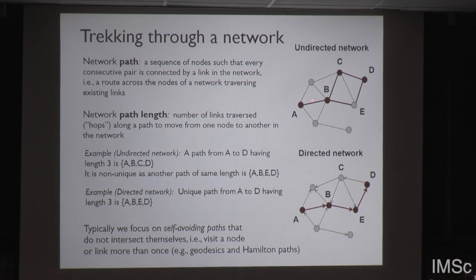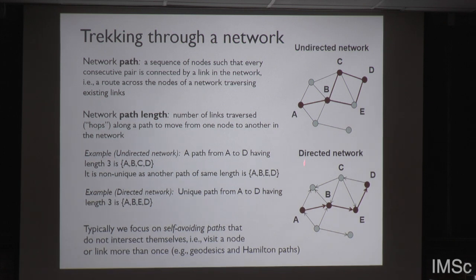In both cases, the path length is 1, 2, 3 for A, B, C, D and 1, 2, 3 for A, B, E, D. Okay. For directed networks, we can also define a directed path and a directed path length. So for example, to go from A to D, you can follow the path A to B, B to E, E to D. But notice that if you take a slightly different path, so that for example, if you go from here to here, you are stumped because all the arrows are actually pointing inwards. So there's no way you can proceed further, so you will not be able to go from A to D